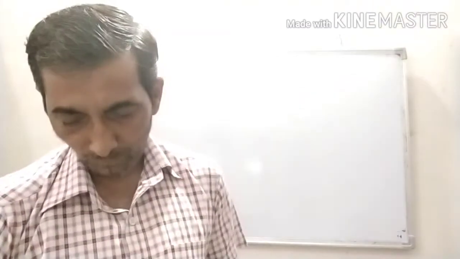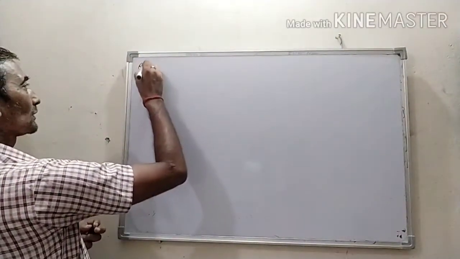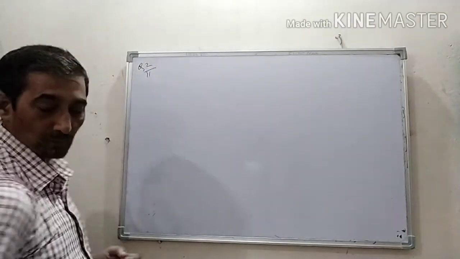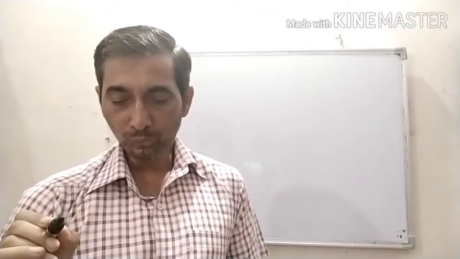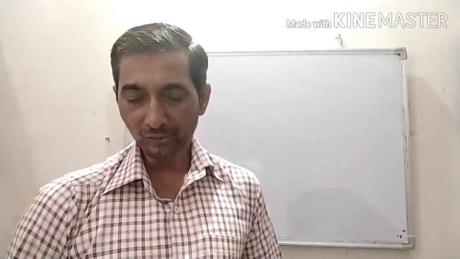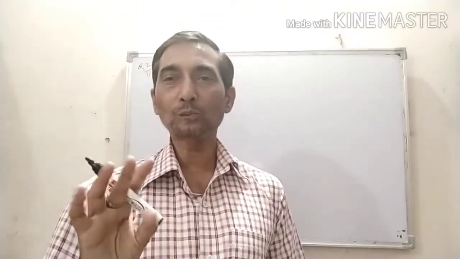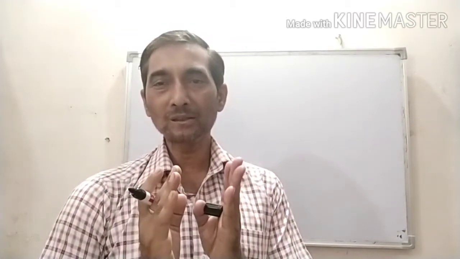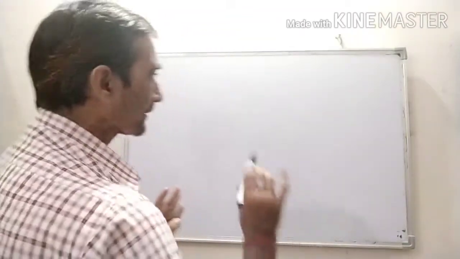Second part of the second question. Five years ago, Noori was thrice as old as Sonu. Noori and Sonu, there are two objects in this question, and we compare their ages.